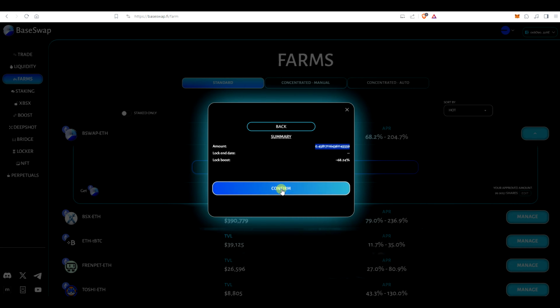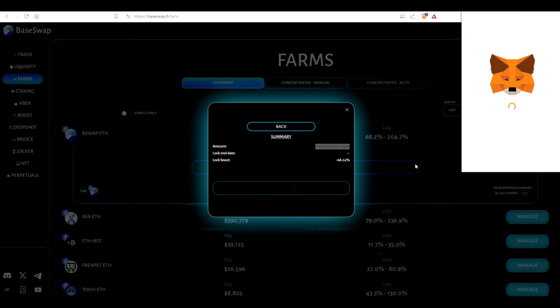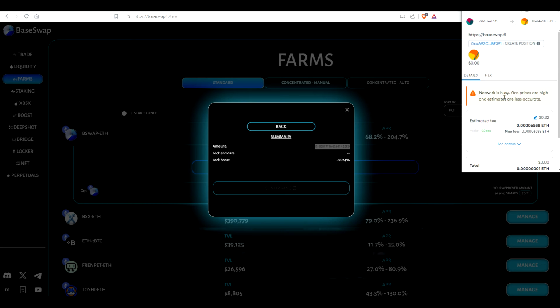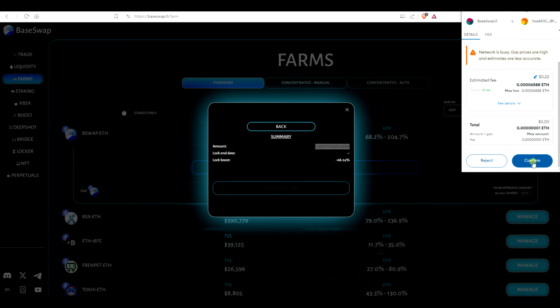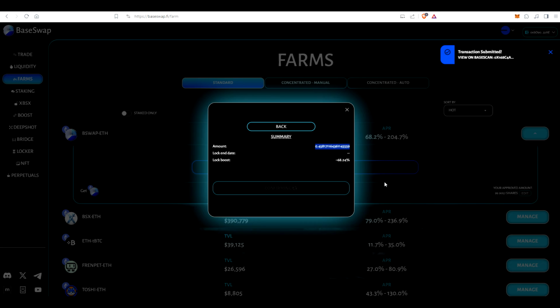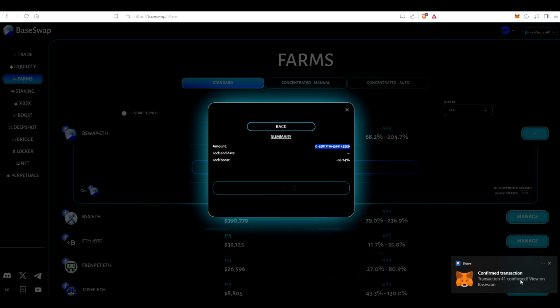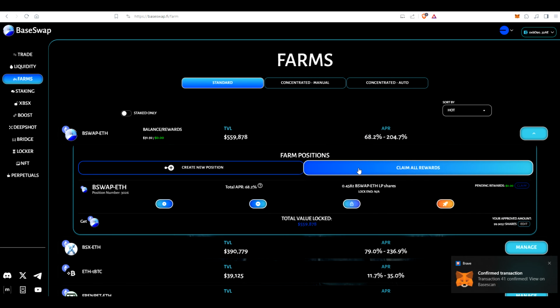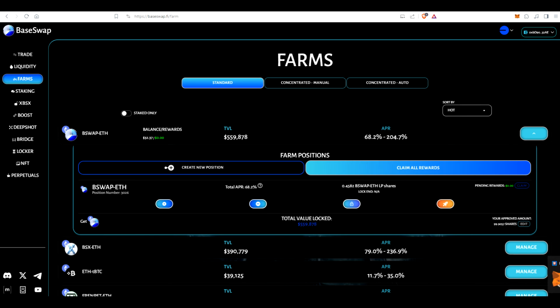I'm going to confirm that. Going to confirm this transaction. Already confirmed. Base is crazy, so fast. Now we've got our position in the farms here. So we've got a few things down here. We've got our actual pairing, which is going to be the BaseSwap and the ETH, the position number of our LP token,